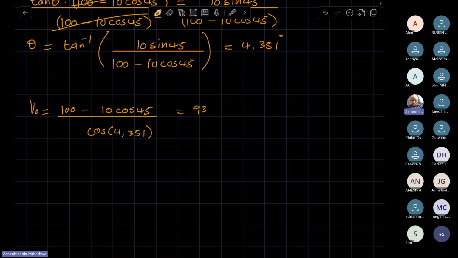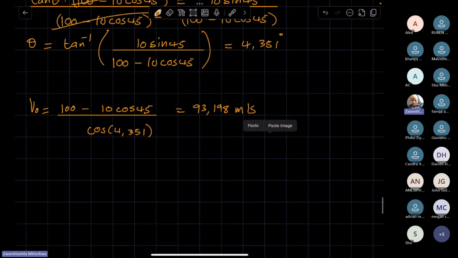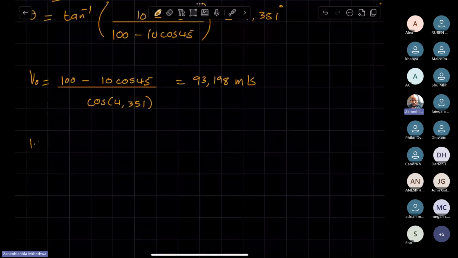93,198 meters per second. Right. At this point, remember we had already established in which quadrant VO is going to be in. So that means when calculating the direction, seeing that we've already calculated the angle,